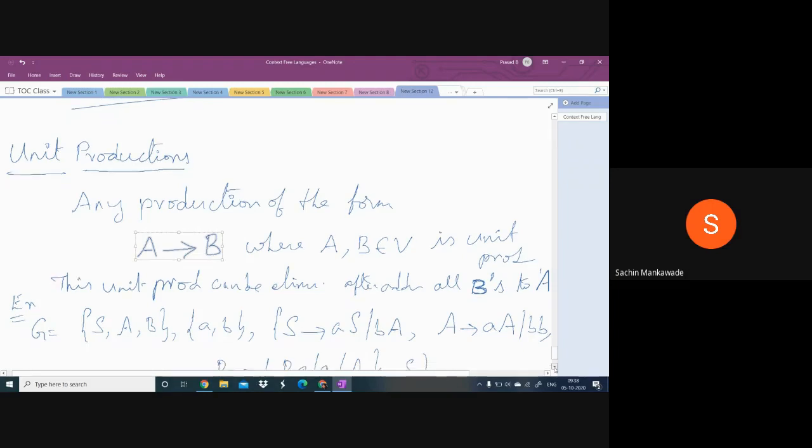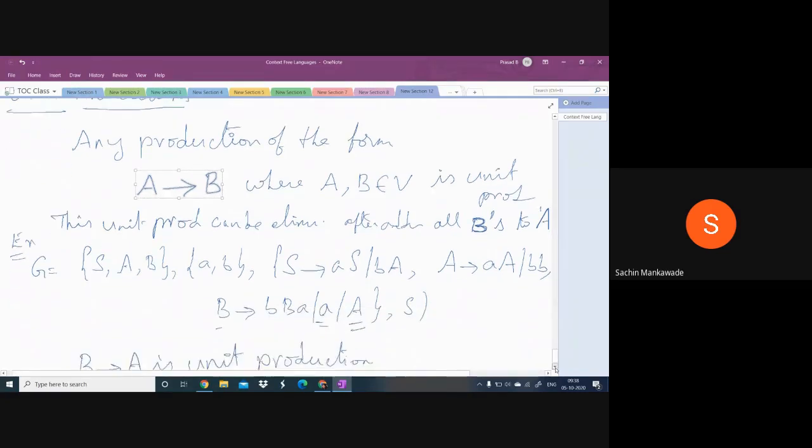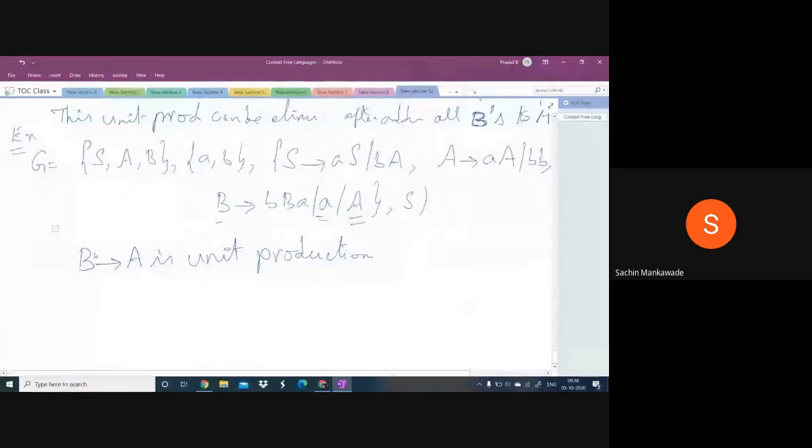Now, come to this question. This is the question. Here, the unit production is this one, B derives A, whereas B derives small a is not a unit production, because on the right side this is not a non-terminal. The unit production is only this one. To eliminate this, we must add every production of A to capital B. Therefore, the grammar will be